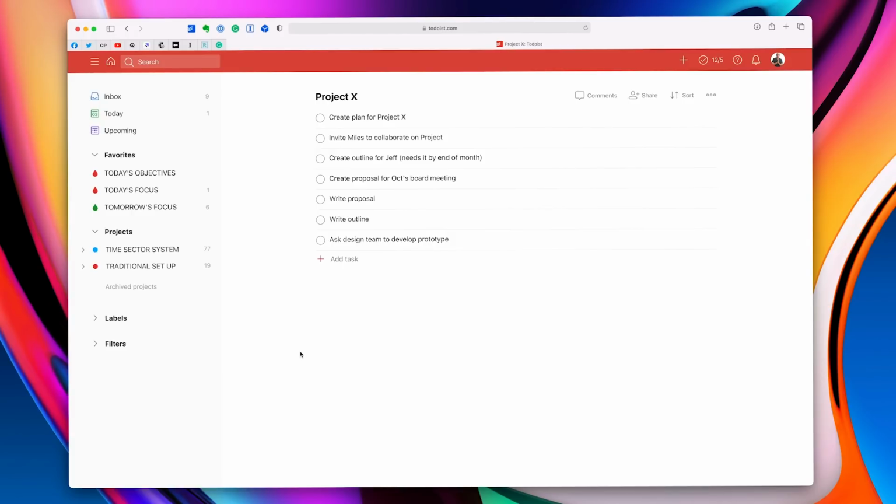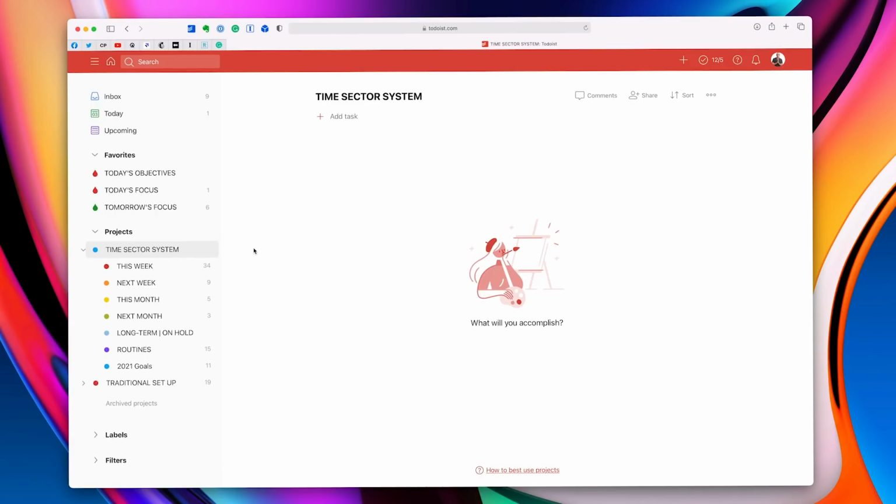Now remember, we're not talking here about a fully fledged project manager. Todoist is a task manager. In a sense, it's an advanced to-do list. So what I'm doing essentially is managing my tasks, managing my to-dos. So the only question I really need to know, as far as I'm concerned, is when am I going to do the tasks? So now that we've opened up the time sector system,